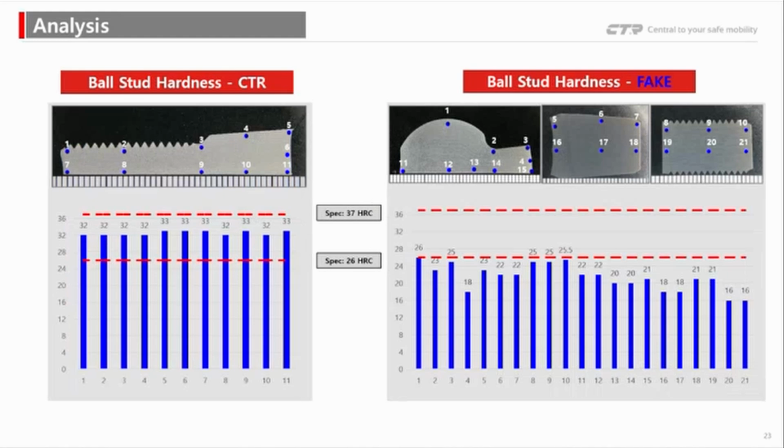Now, let's look at the hardness comparison between the CTR genuine ball joint and the fake product. On the left, the CTR parts show consistent hardness values across all test points, both on the surface and the core. The readings are stable around 32 and 33 HRC, meeting our internal standard of 37 HRC and 26 HRC with a reliable margin. This confirms that CTR applies proper surface hardening and heat treatment depth to ensure durability against